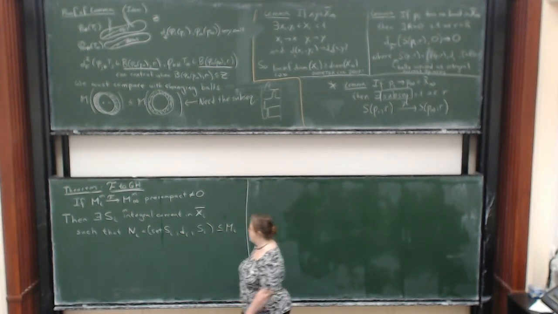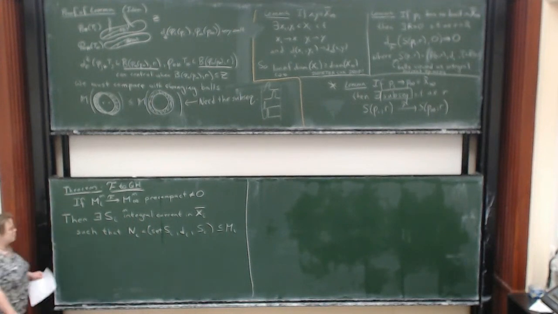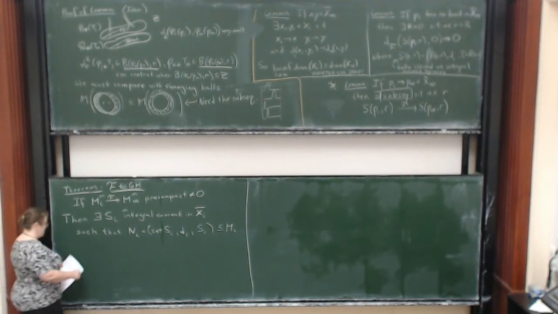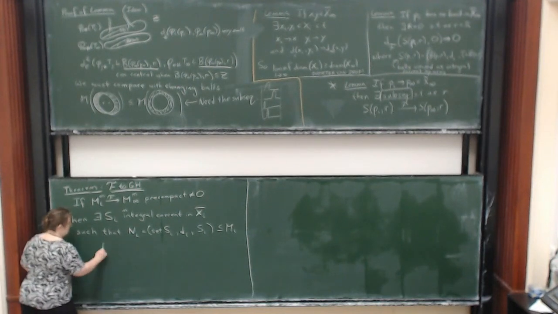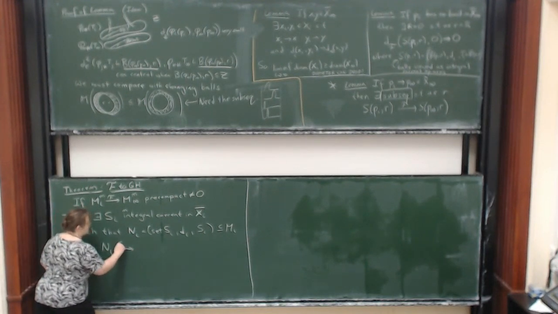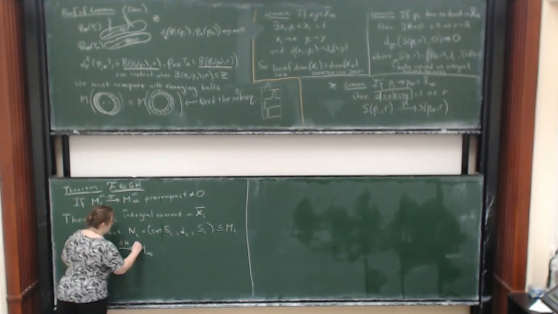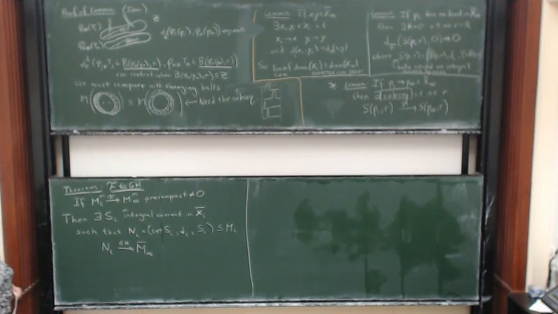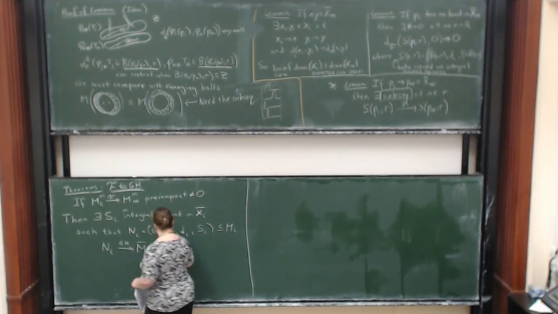They're nice, rectifiable things within the M_i's. Those guys converge, N_i GH to M_infinity bar. And the limit of the masses